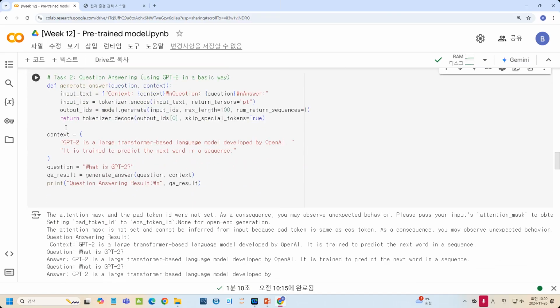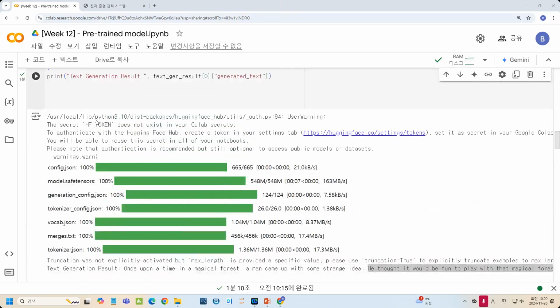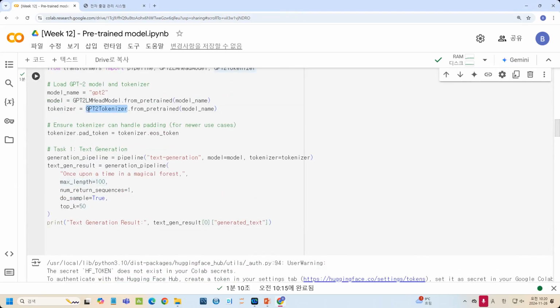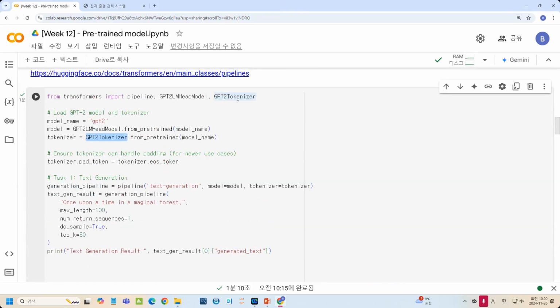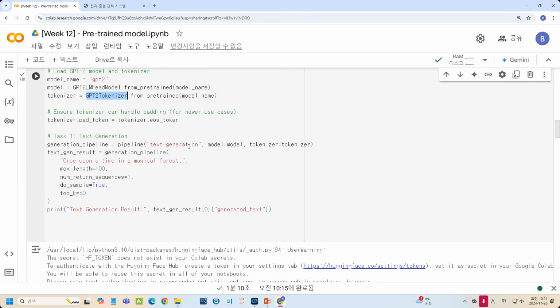So when we use the other class, it is also the same. We can consider the tokenizer. We can specify the tokenizer. In the previous one, we just applied the model, but we can consider what is the best tokenizer. In this case, I just use the tokenizer that I defined previously. The tokenizer was from this GPT-2 tokenizer. There are other kinds of tokenizers, so you can check what will be the best tokenizer